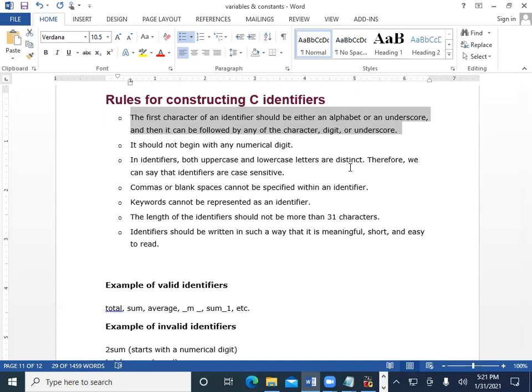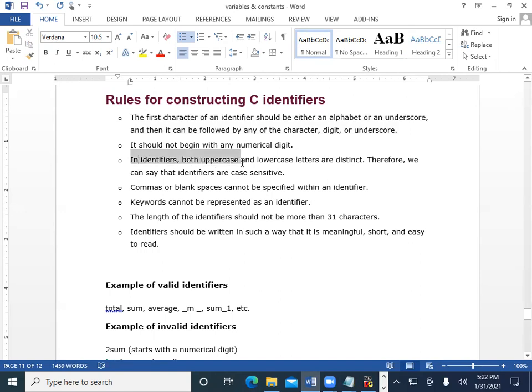So we can write the program name as ABC or A1 or whatever we want, that starts with an alphabet or underscore. It should not begin with any numerical digit. If the program name is 1A, then it's not allowed.